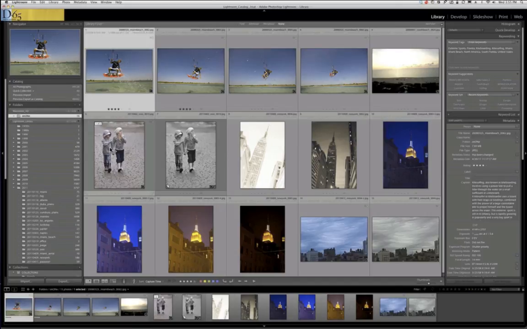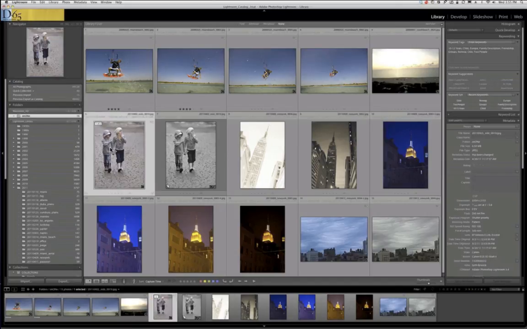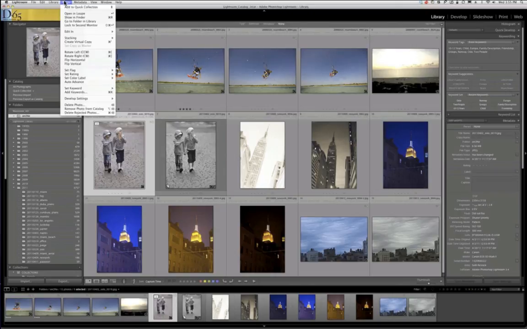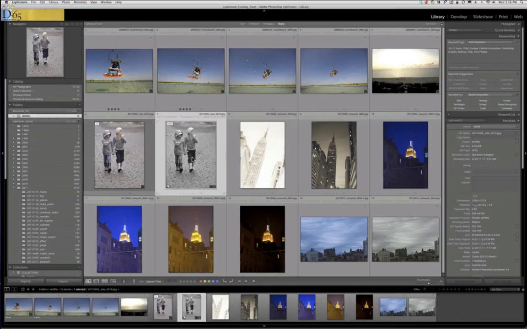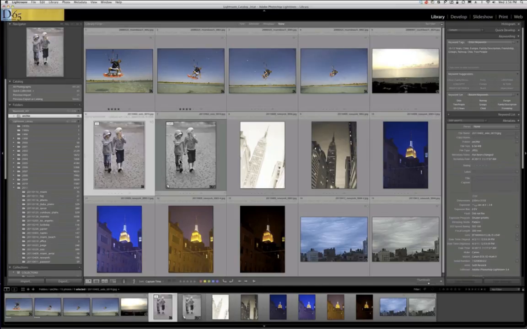So my original in this case are these two little girls that I shot last week in Norway. And then I've made a virtual copy. To create a virtual copy, we go Photo, Create Virtual Copy. And I'm not duplicating the image, I'm actually duplicating the metadata, if you will. So I have a black and white rendering of that from the same set of metadata. I'm going to take both of these,